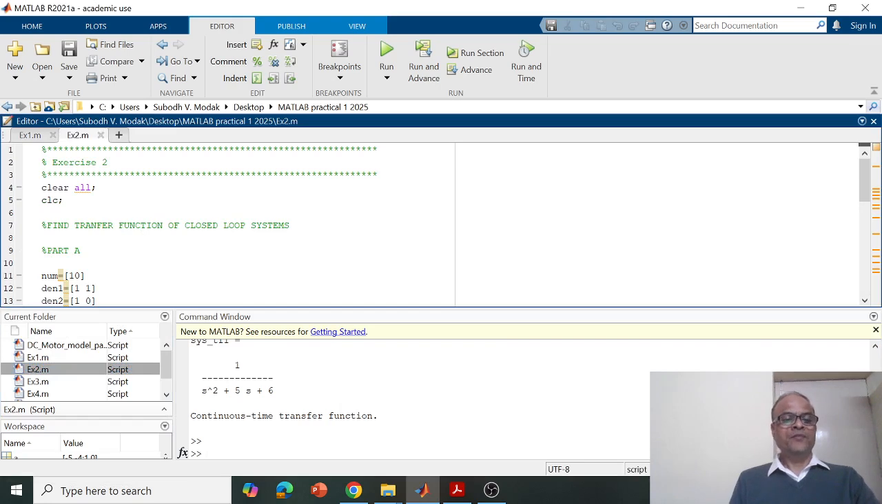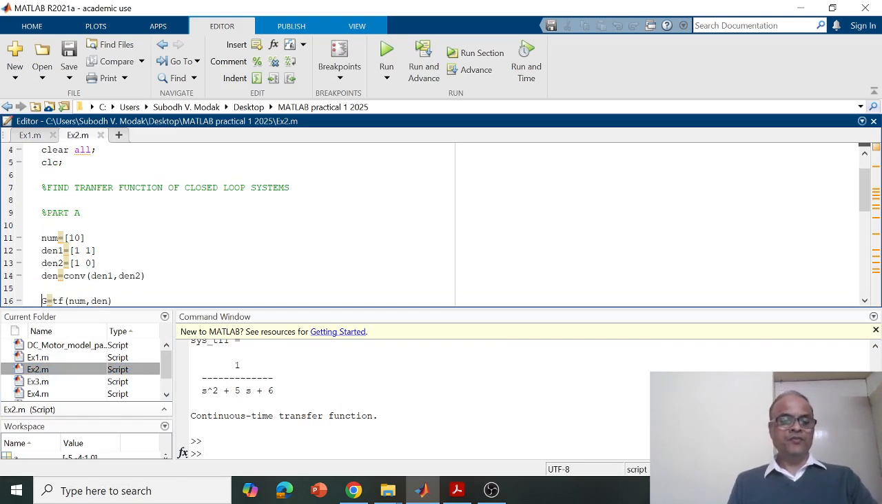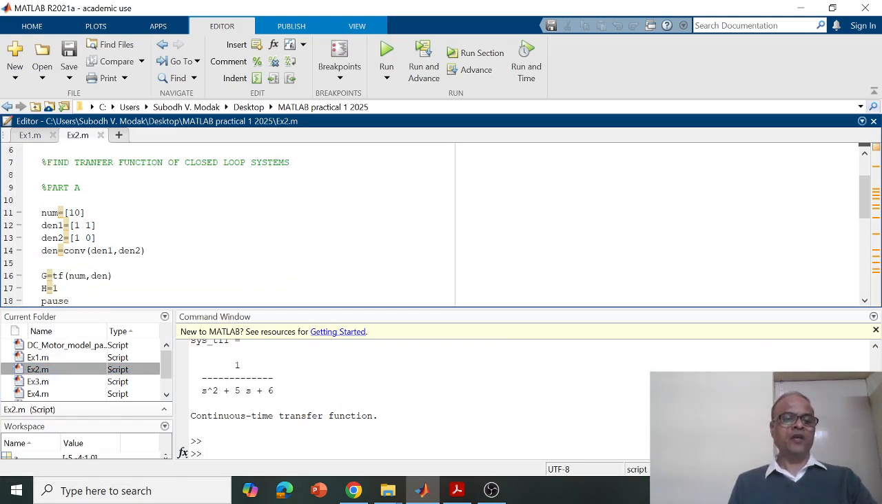This is exercise 2, you can see here. So we first define the transfer function 10 upon s into s plus 1. The numerator polynomial coefficients are defined as 10. And now in the denominator there are two terms, s and s plus 1. So s plus 1 can be written as